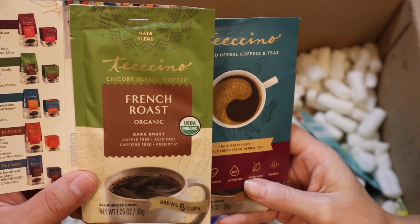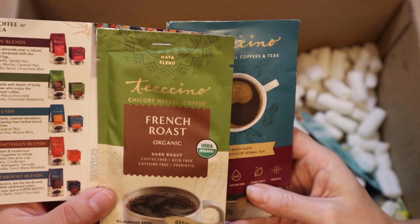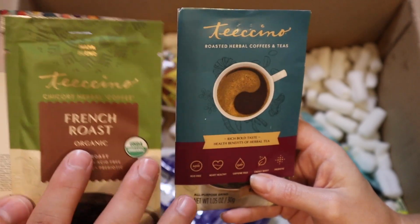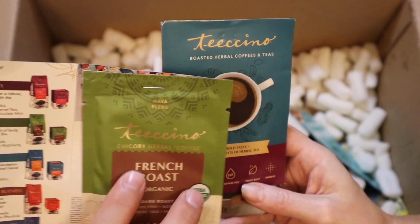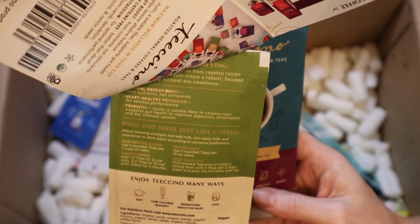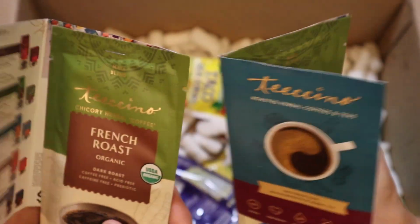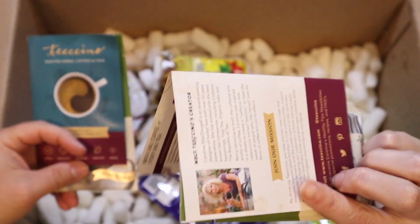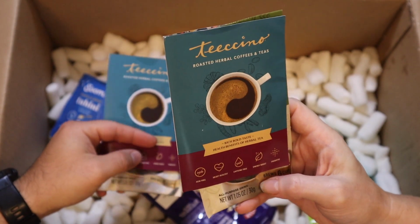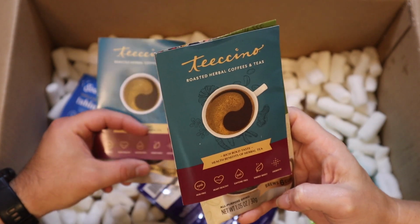Coffee-free, acid-free, caffeine-free, probiotic. So it's not coffee. It's a coffee alternative. If this has mushrooms in it, I'm gonna flip. Chicory. Okay. Yeah, this is what old coffee drinkers call garbage. I even remember in one of my favorite book series, they were big coffee drinkers, and they were talking about how they were given coffee that tasted like ground up walnuts and chicory. So anyway,